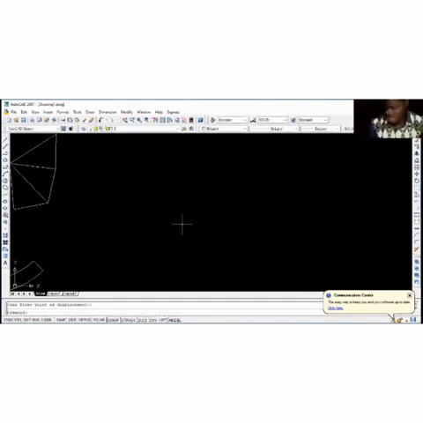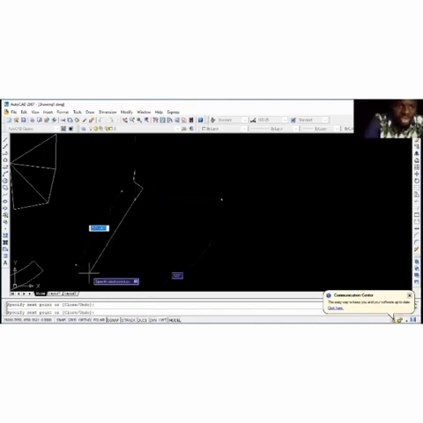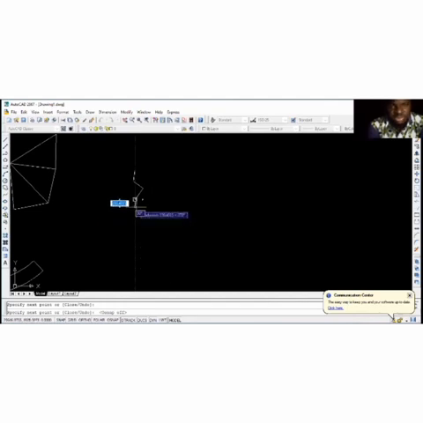So now let's move to the array command under the modify toolbar. Now let's take our line command. After taking our line command, let's try to draw the shape that we're going to array. We have this, we have this, we have this, like this. Let me off the F3. I'm trying to off the object snap so that it will not affect my drawing. I have this, I have this,